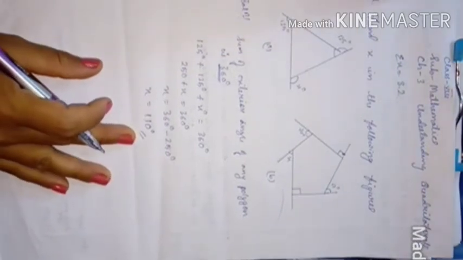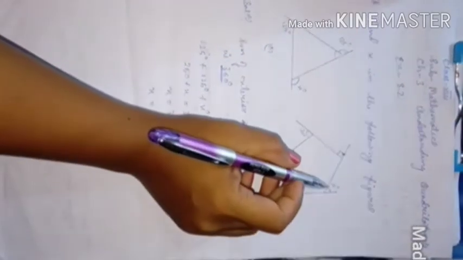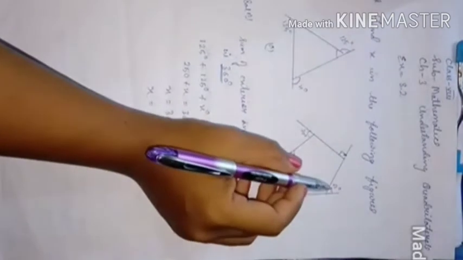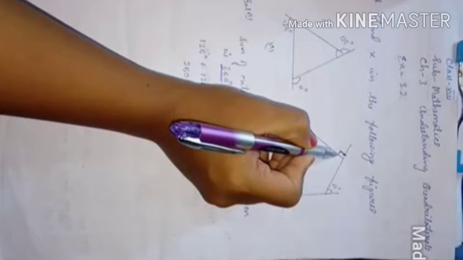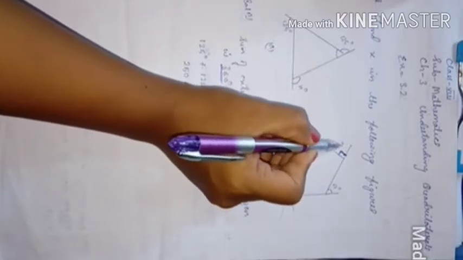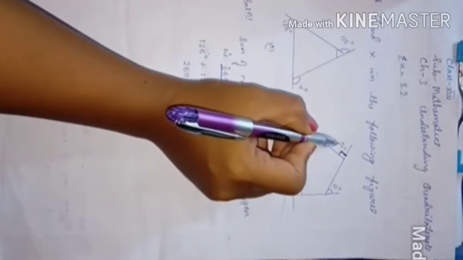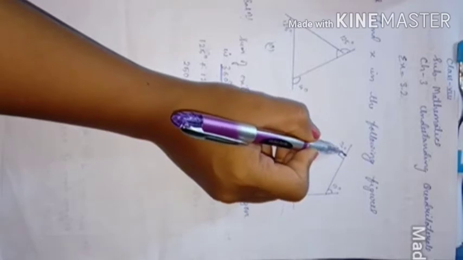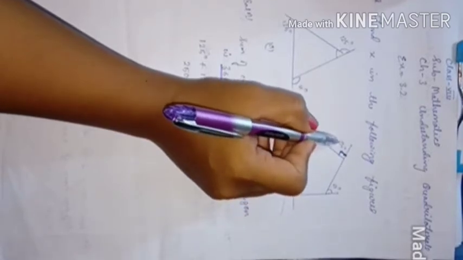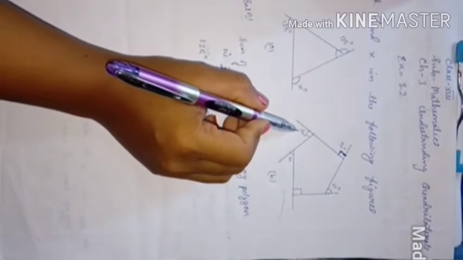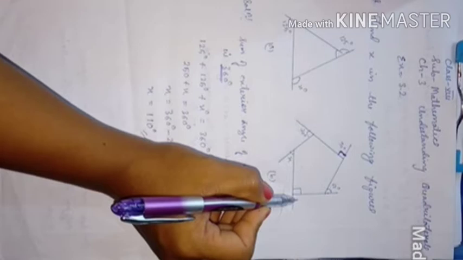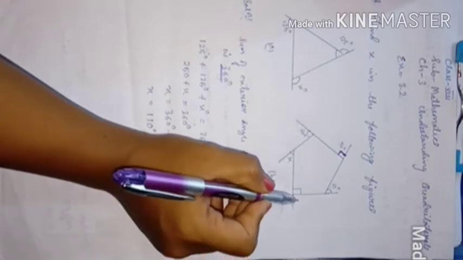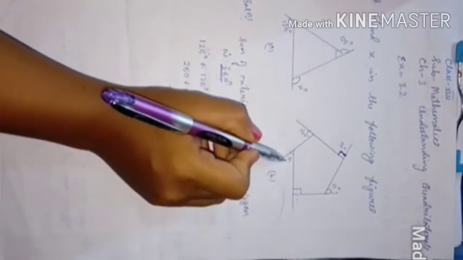Okay, x equal to 110 degree. Now for the next figure, here it is given 60. Here also all the exterior angles are given. This is 60 degree, and by looking at this, what can we say? This is how much? 90 degree. In the question it is not given as 90 degree, but if the angle is in this way, then this is perpendicular, and this is 90 degree. And this exterior is also given, how much? 70 degree. And here it is given x, and this is not given anything, isn't it? So we have to find this value also. If you do not find this value, we cannot find the x value.